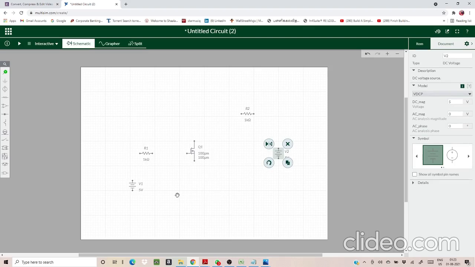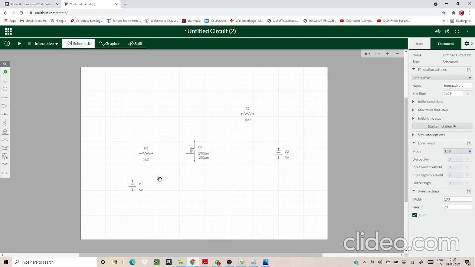So for giving the connection, you just need to connect the wires. How will you get the wires? Just go near a component. As you go near a component, you could see that the symbol varies. You can see the hand symbol here. As you go near any component, this hand symbol varies to another symbol, that is a wire. So just press there, drag it, and attach it to the other pointer there. That's it.